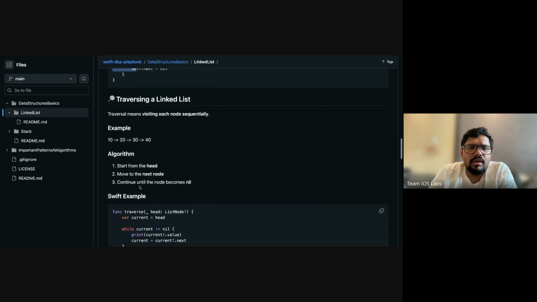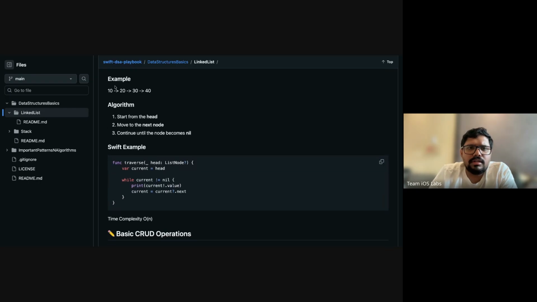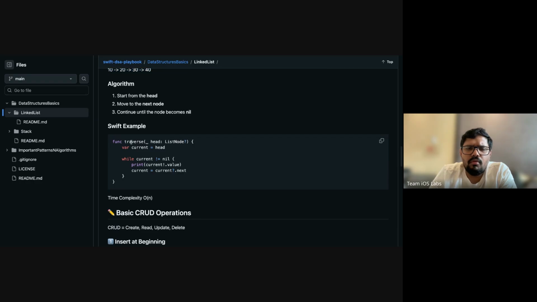Whenever you traverse a linked list, you know the initial pointer, which is the head pointer. You can see in the traverse function what we are doing here. We take the current pointer.